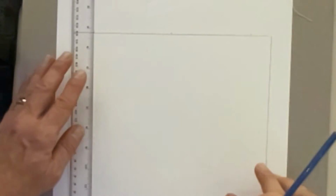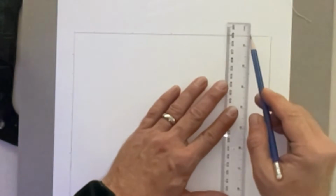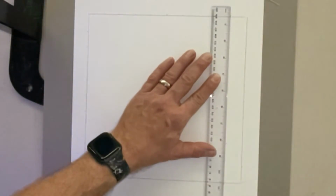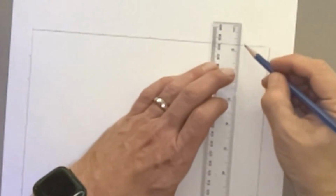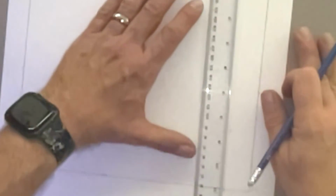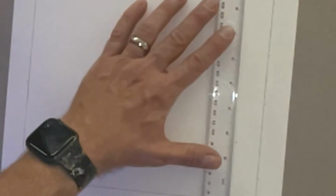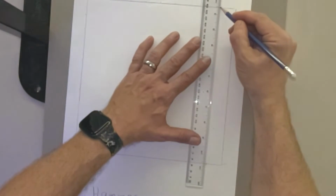We want lines as light as possible because you need to be able to see them when you're making a grid, but you don't want them to be seen at the end. So I'm gonna do this. First of all, I'm going to line up, this is the tricky part. Some people always miss this. Line up this tick mark here with your ruler and the bottom tick mark, and you're gonna line up the ruler so that the ruler actually lines up here